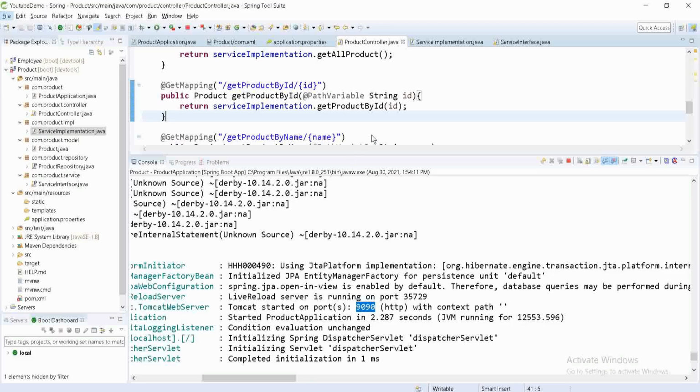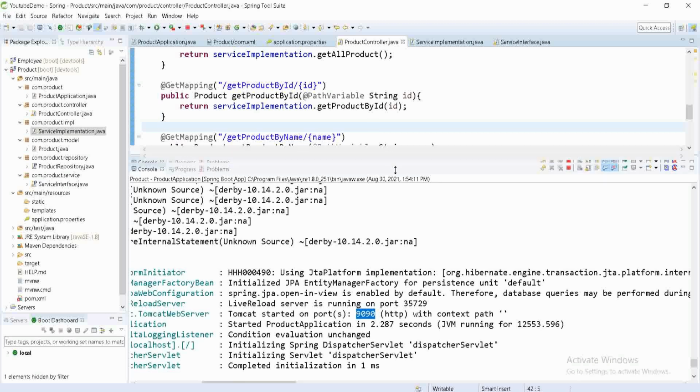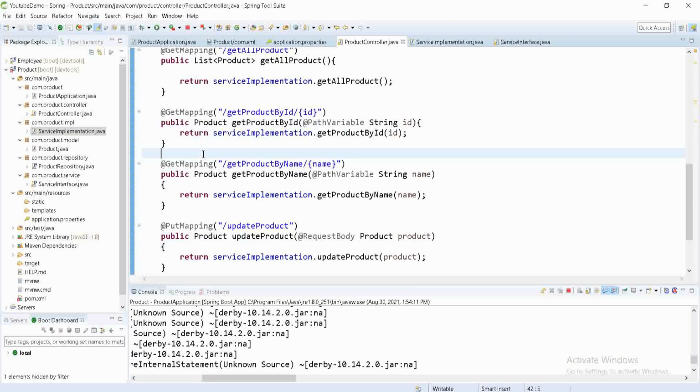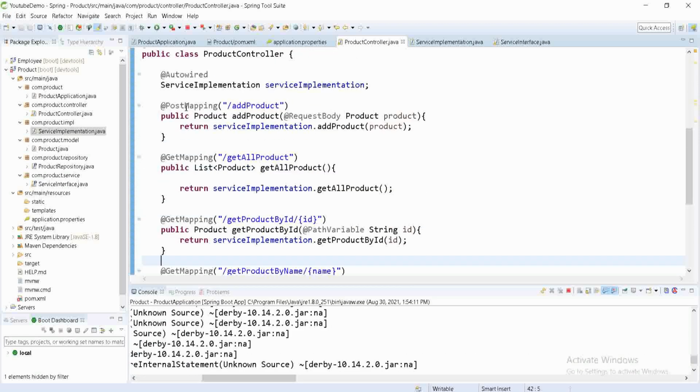So far we have learned, from the start until now, how to create REST APIs. Then I also used request mapping. Later on we changed this to post mapping, get mapping. Then we have seen what MVC architecture is.